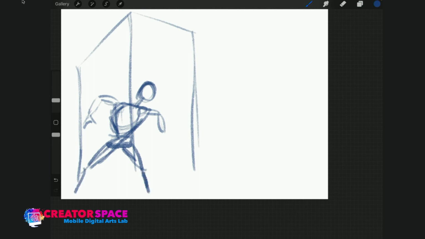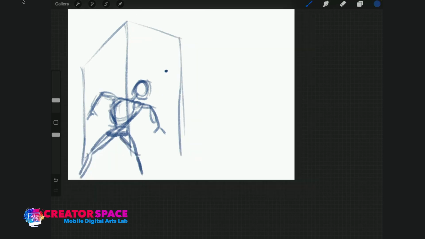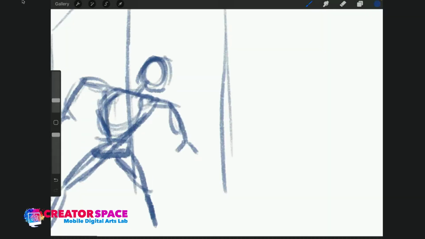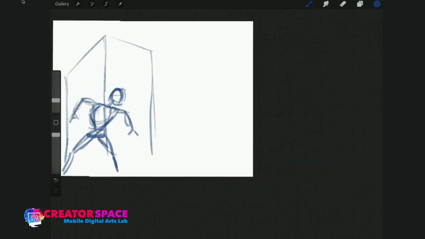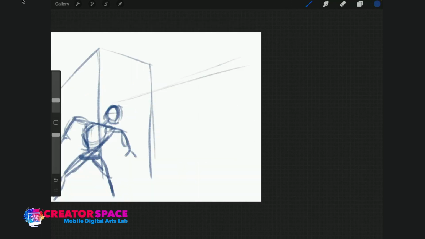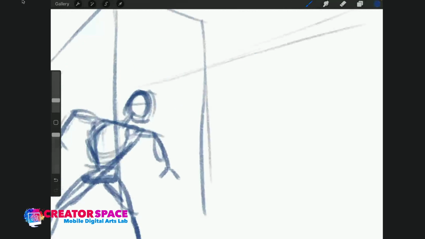Just kind of loosely sketch out a scene here. So we got our figure one here on the left side, it's just very loose, and it's not particularly detailed yet. I'm just doing a line here to show he or she seems to be looking across at something here,